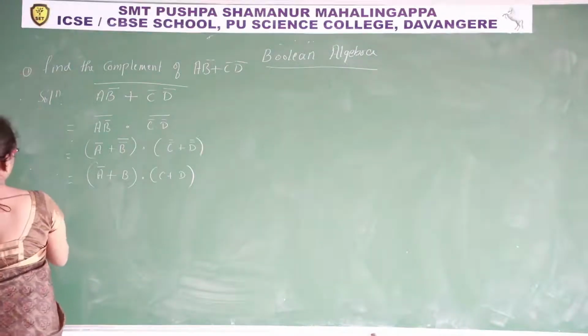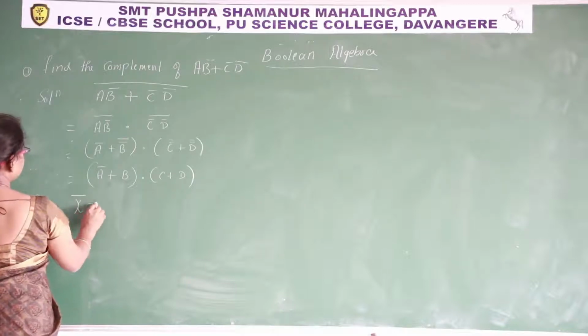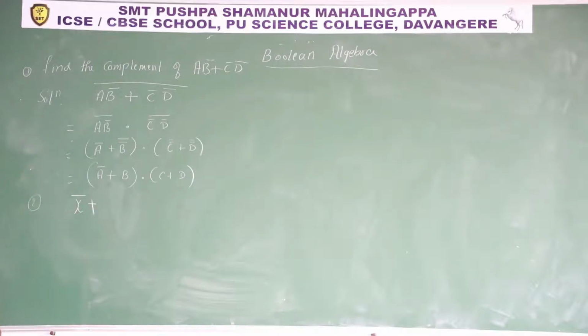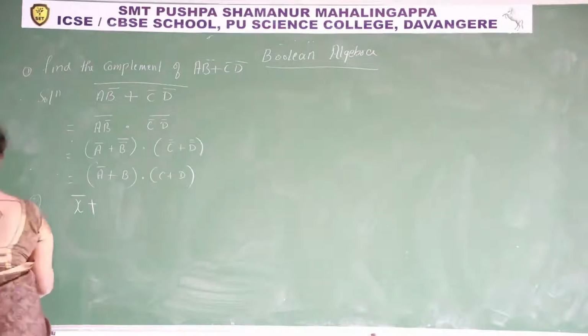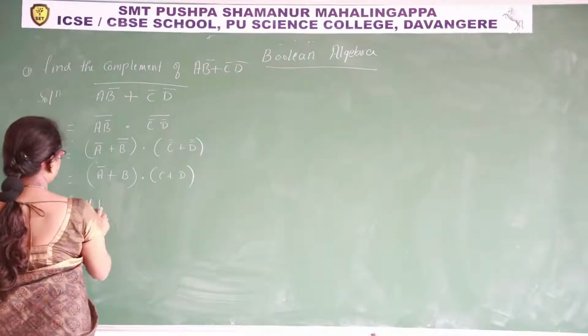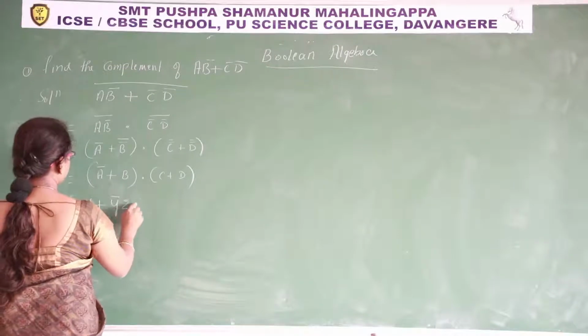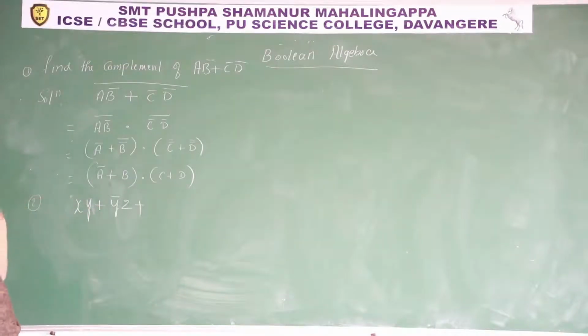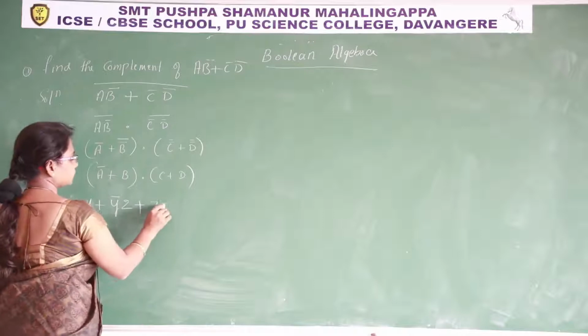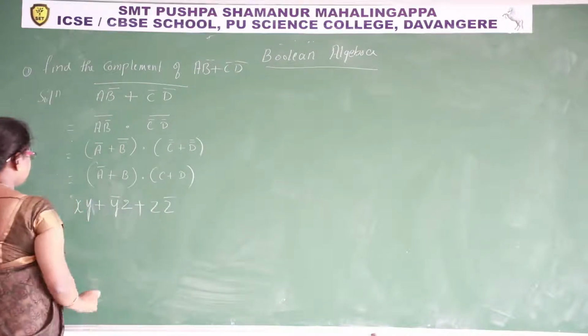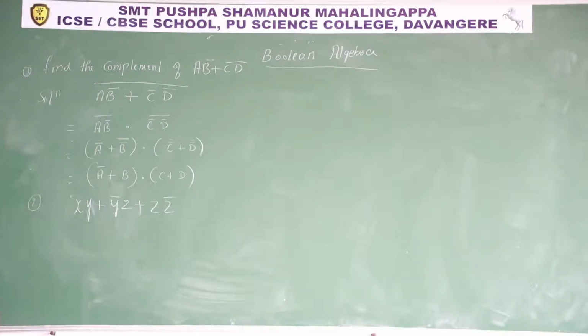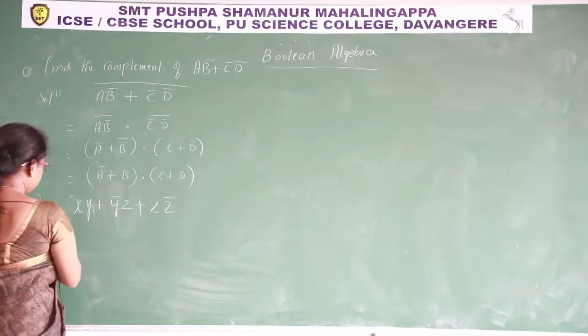First one, x bar plus, xy plus y bar z, xy plus y bar z plus z bar. Now same, you have to find the complement. Solution: